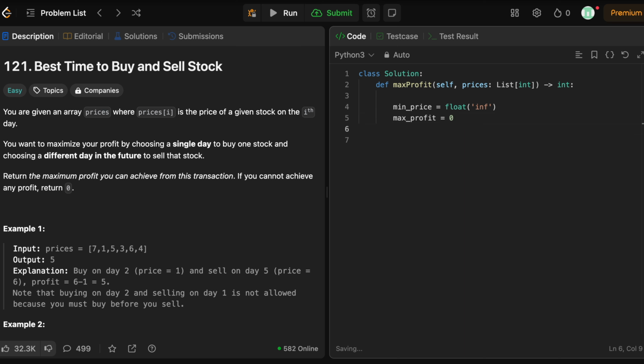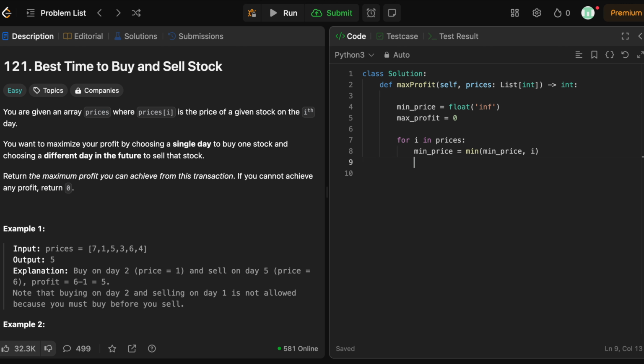And now we're going to loop through our prices, and then we're going to see if the current price we have is the lowest price we have seen so far. If it is, then we go ahead and change our min price. So for i in prices, if it is the lowest price, we'll have to update our min price. So min price is equal to the minimum of our min price and our i,